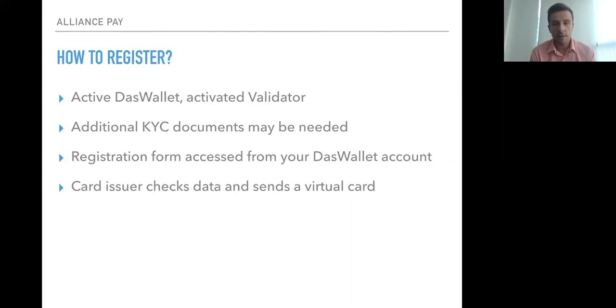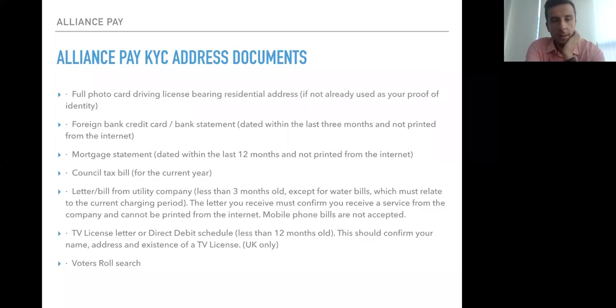The card issuer essentially checks data and sends a virtual card. Once you're good to go, you will receive an email message containing your virtual card's data, such as the card's number, of course, and the card PIN. I'm going to pause on this slide a bit just to let everybody see how it works. So what are the documents the card issuers are